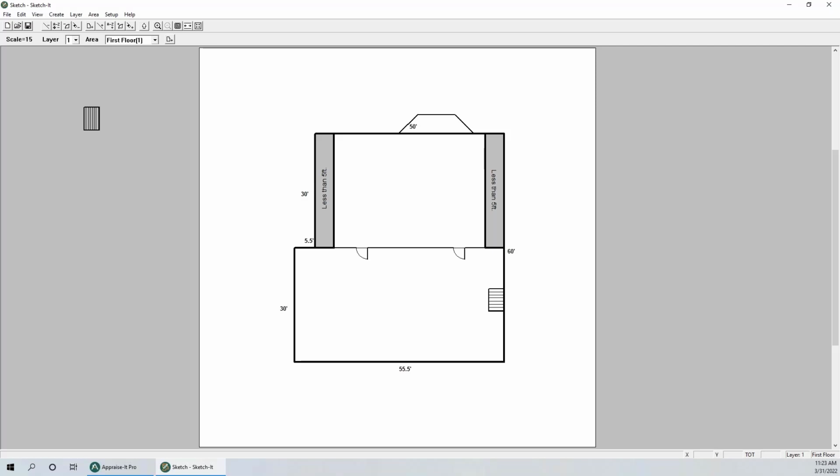Only vaulted ceilings are removed from the second floor? No, it would be if you have an open to below. So you know how like a loft area, the loft area would be on the second floor, and then there's a big old hole and it goes down into the living room. That would be subtracted. Yeah, I think you're correct on that. So vaulted ceilings would